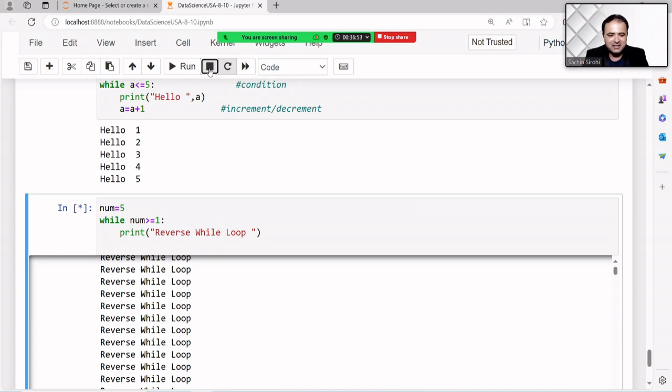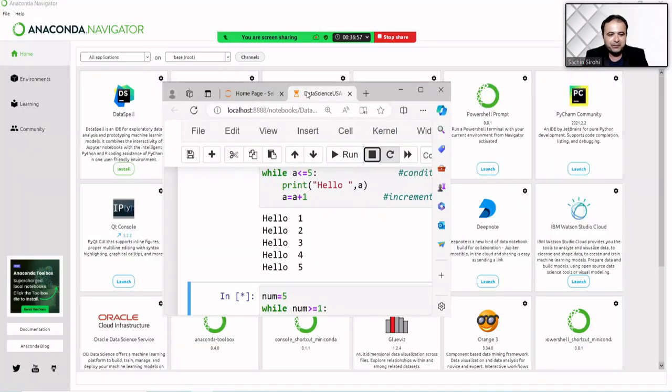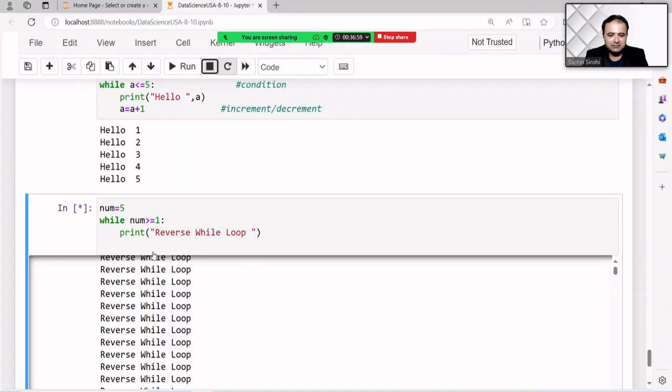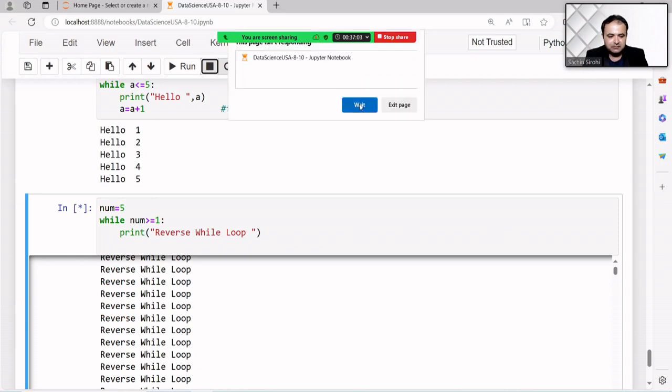That is a problem if we make a certain mistake. Now the computer is getting hung. If we do not stop the particular loop, the machine does not stop. So that is the process.